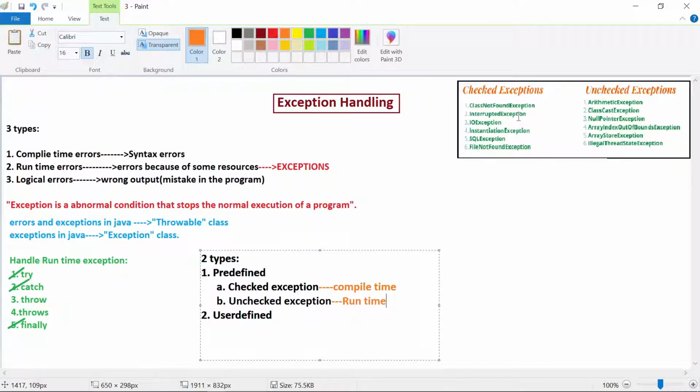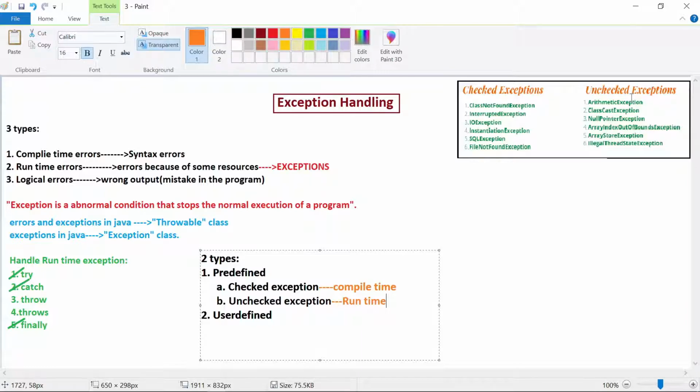These are exceptions like ClassNotFoundException, InterruptedException, IOException. These exceptions are called checked exceptions, and these are raised at compile time. Now coming to unchecked exceptions, which are called ArithmeticException, ClassCastException, ArrayIndexOutOfBoundsException. These are all your unchecked exceptions, and these will be raised at runtime.